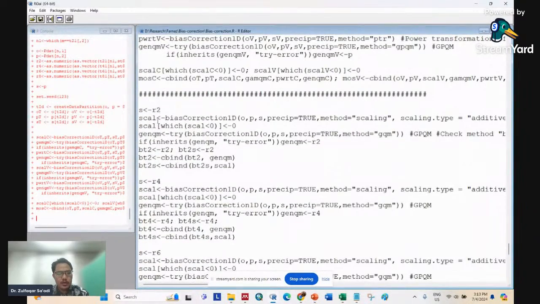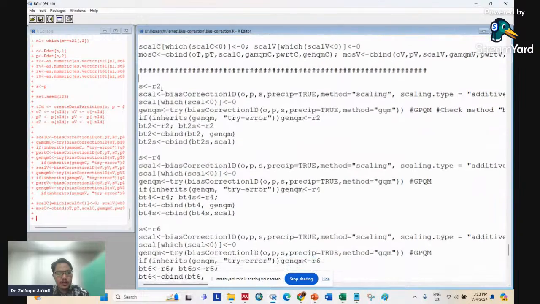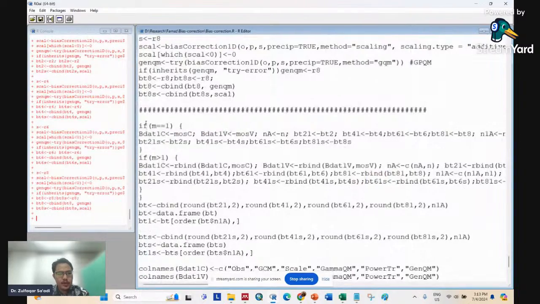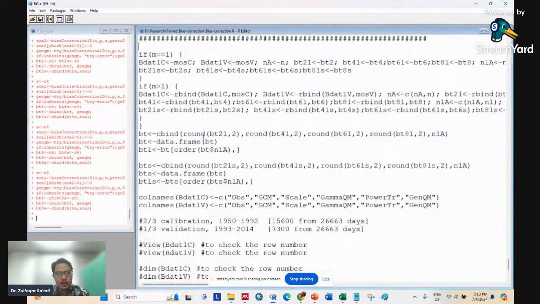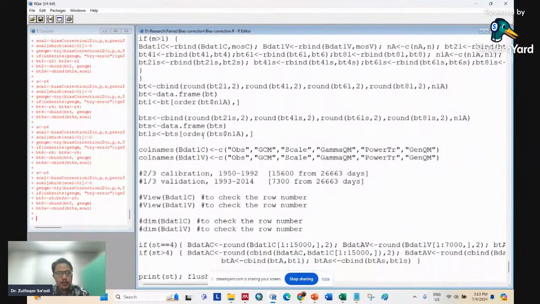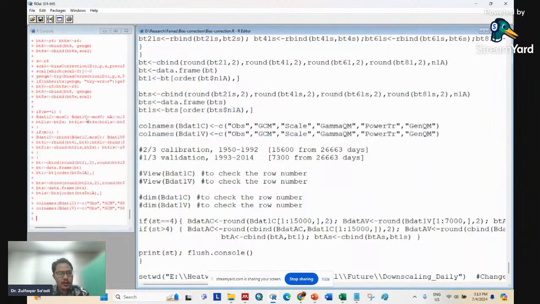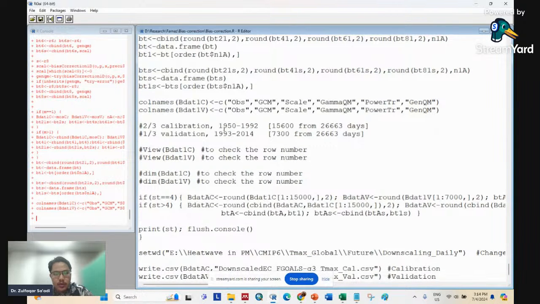Now run this one. This is for each grid, each scenario just now, 2, 4, 6, and 8. And then we do this. You must decide the calibration and validation period. For example, for me, I want to do the calibration period from 1950 to 1992. If you look at your historical data,